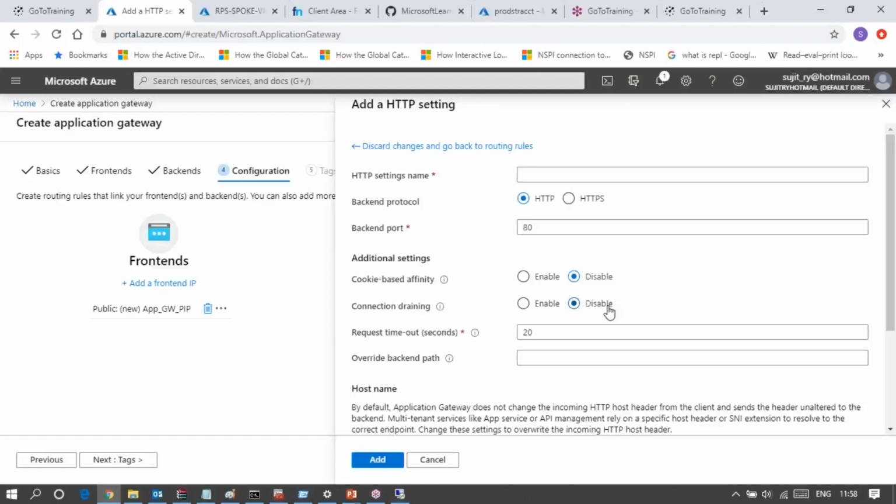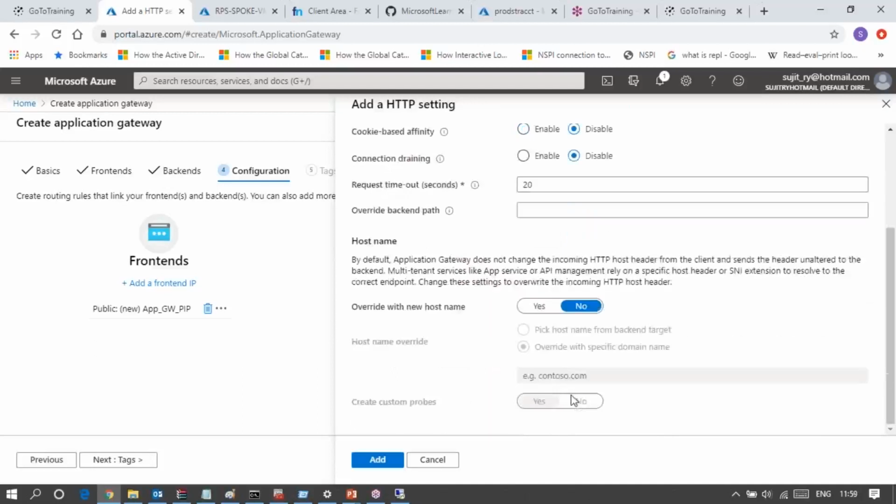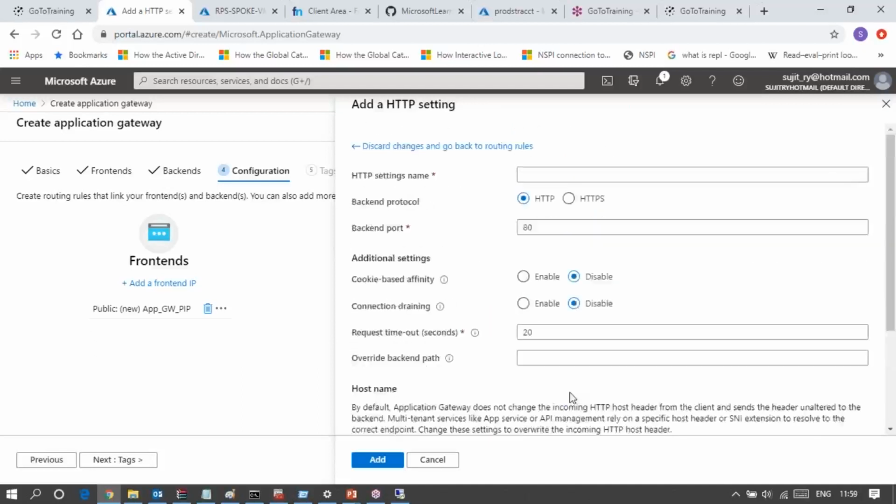Request timeout: before it declares the backend pool down, there is a 20 seconds delay. Override backend path: if you have any kind of override rules, you can mention it. Override with a new host name. So these are the things you can mention. Host name we didn't see, that is there in the virtual machine.